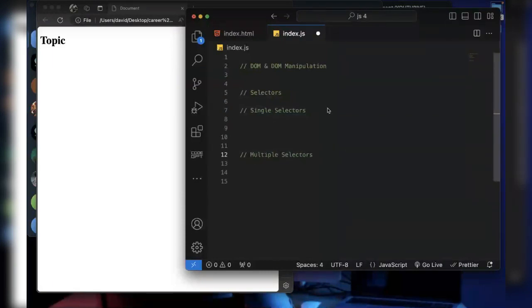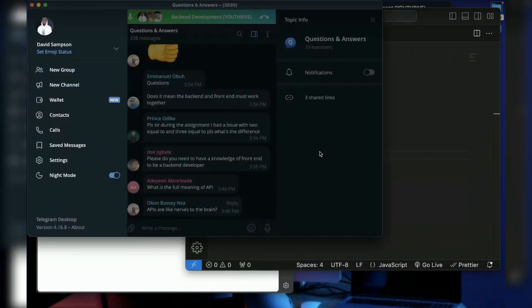Now, if you are a new student, I might understand that this could be too much for you to understand, but please try and pay attention to it. Actually, this is different from what we have done. Now, it doesn't mean that if you don't understand what we've done so far, you can't follow up here. No, there might be a little of it here, but the bulk of what we are doing today is different from what we have done so far. So if you can pay attention to this, trust me, you will follow up with what we're doing.